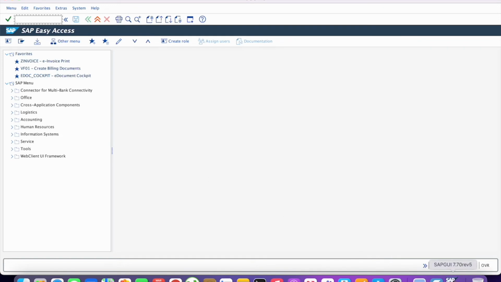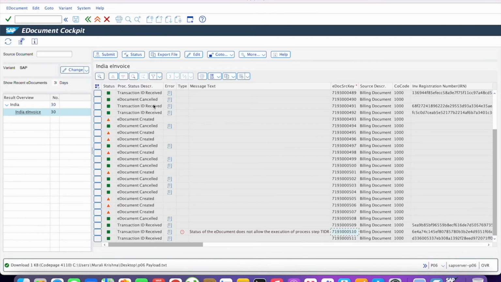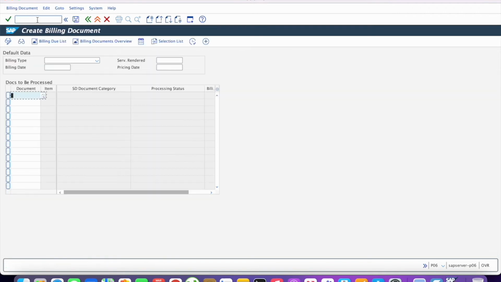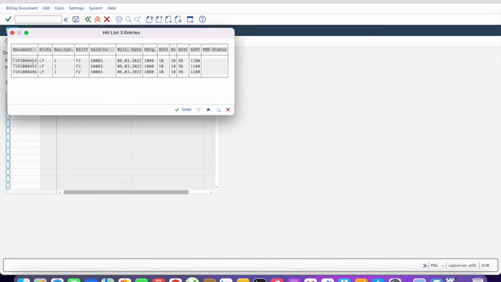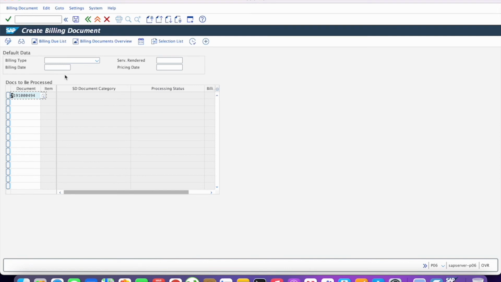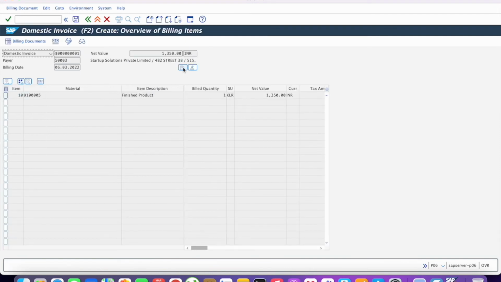So the next thing we'll be doing is we'll see the process in how this e-document gets created. The system is configured in such a way that if you create an SD document or an FI document, a new e-document is created in this cockpit. So let us go through a process and create one such invoice for ourselves. I'm just selecting one of the documents, and I'm going to press enter here, and I'm going to go to the headers,